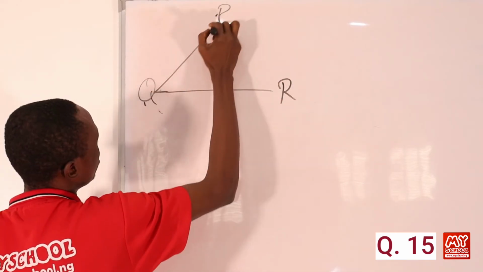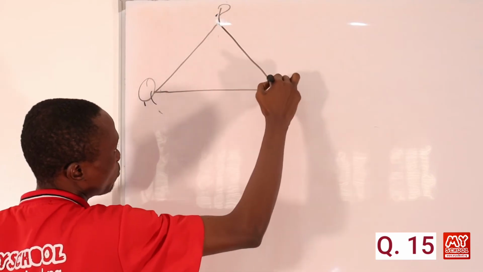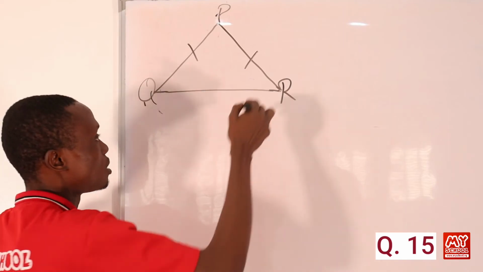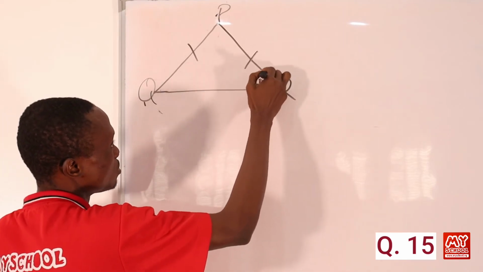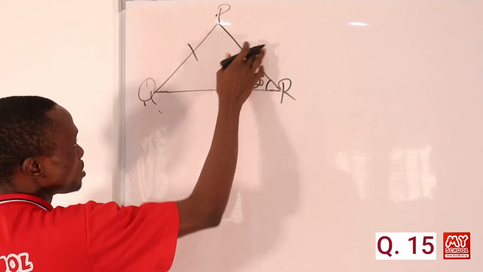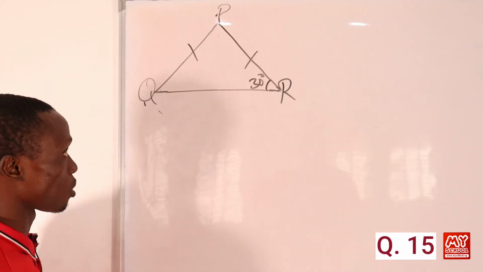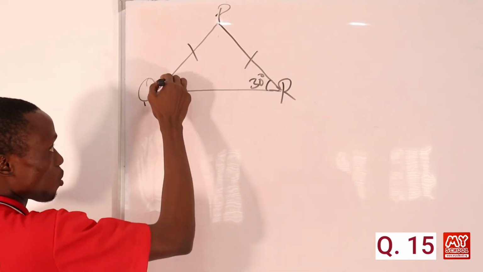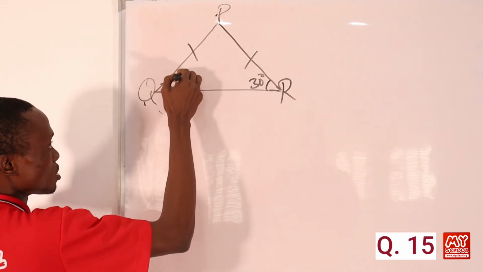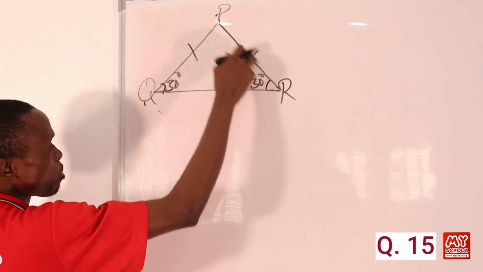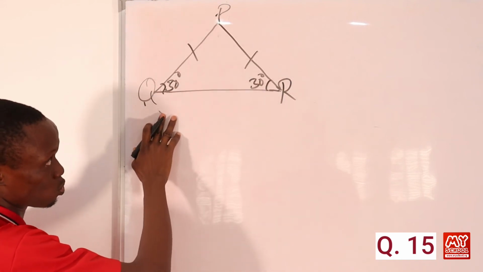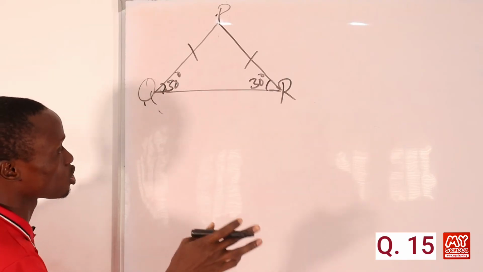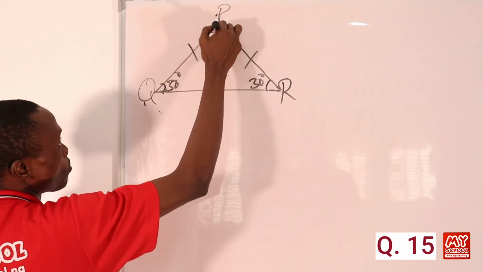The distance between P and Q is equal to the distance between P and R, because they use the word equidistant, right? And here we are told that the angle here is 30 degrees. Now this is a typical isosceles triangle, right? So if the two sides are equal, then the base angles of an isosceles triangle are also equal. So here is as well 30 degrees. But remember that the sum of angles in a triangle is equal to 180 degrees. So in that case, we'll be subtracting 60 from 180 degrees, and that will give us the third angle. So this part is